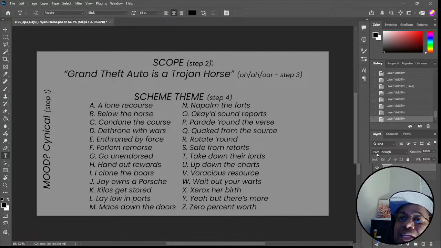Grand Theft Auto is a Trojan horse. Those are the last three syllables. Trojan horse. What are the phonetics of Trojan horse? O, A, or. O, A, or. Trojan horse. O, A, or. So those last three syllables, O, A, or, is what you run through the alphabetical filter. You go from A to Z, coming up with remarks,